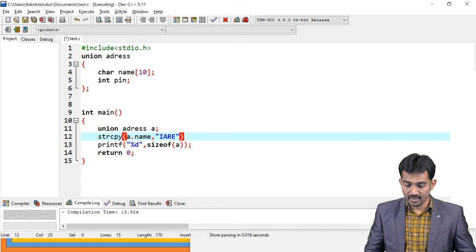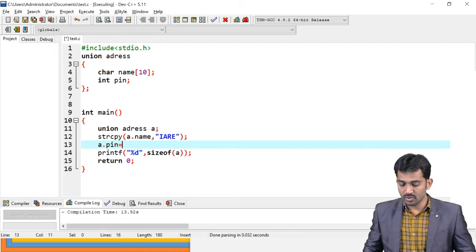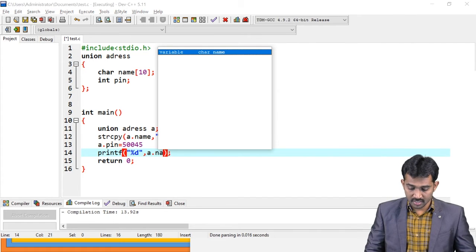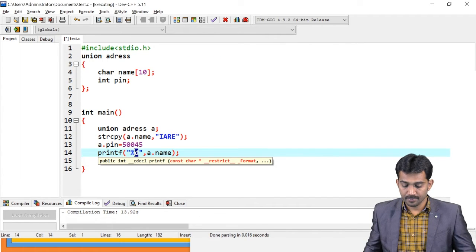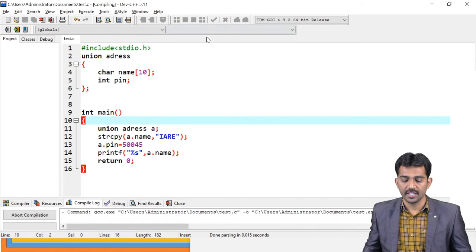I stored IRE there. And as well, a.pin equal to 50045. If you print a.name, what is the output you are going to get here?